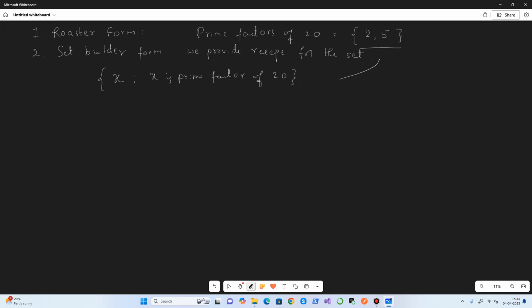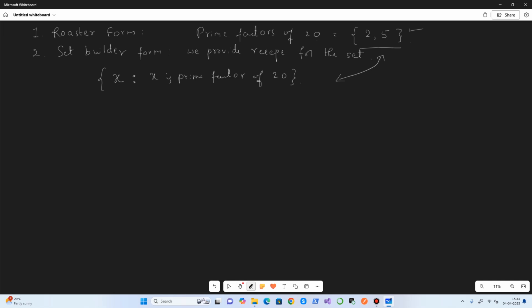So these are actually convertible from one to another. They are in different forms, that's all. In the first one we listed the elements inside the curly brace, so this is the final form, whereas the second one is basically a set builder form where we provide the condition or the formula or characteristic of each of the elements.